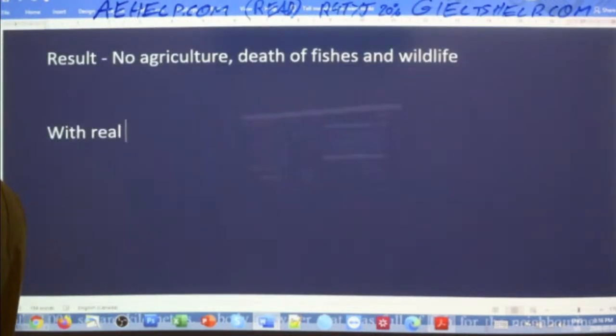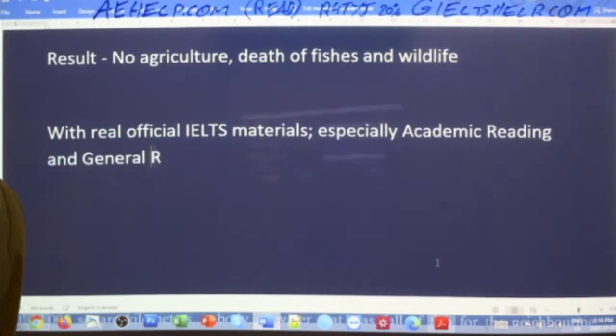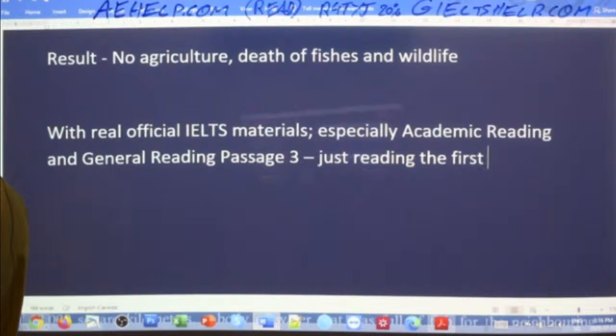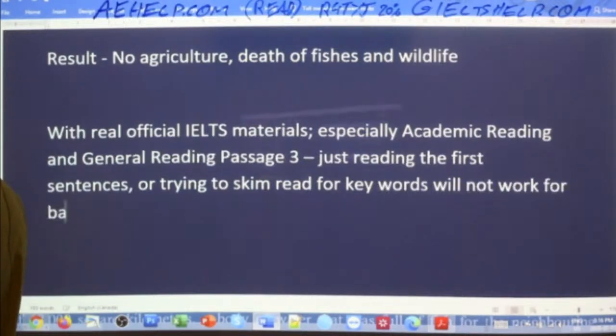With real official IELTS materials, especially academic reading and general reading passage 3, just reading the first sentences or trying to skim read for keywords will not work for band 6.5 or more,